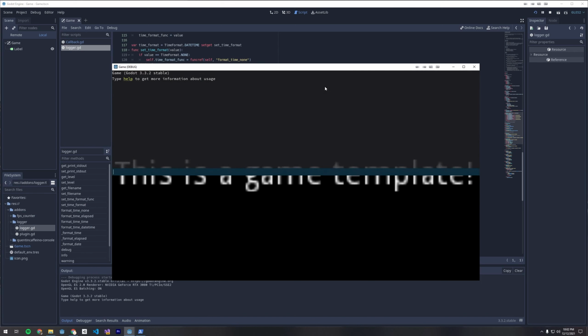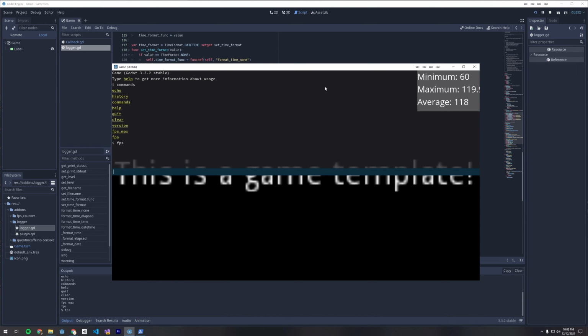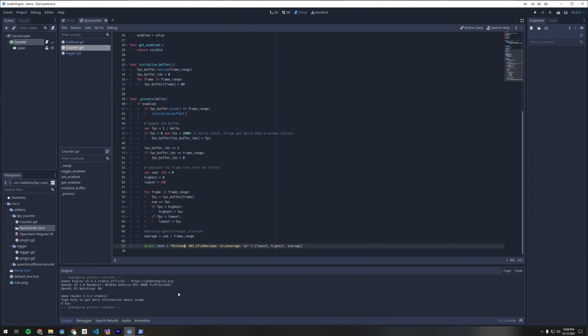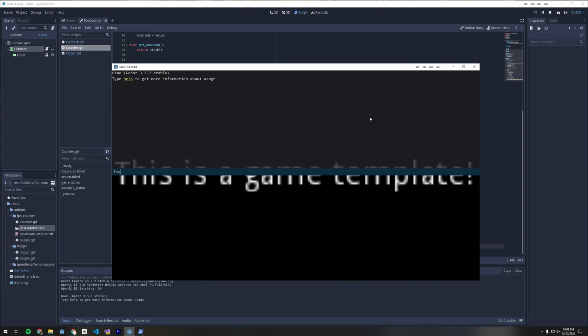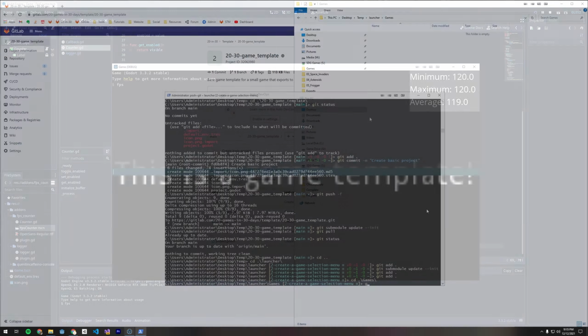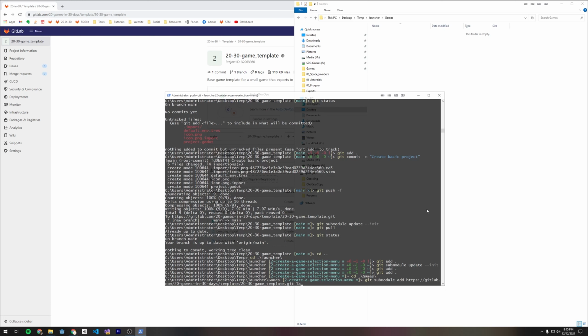You click down and you have a console, and if I type this out, I can now look at my frames per second. So all of these are built in, and I'm going to be using them in all my projects going forwards. And, ooh, okay, that's kind of ugly. Let me fix that real quick. Okay, much better. The last thing I'm going to want to do is import this as a submodule in the